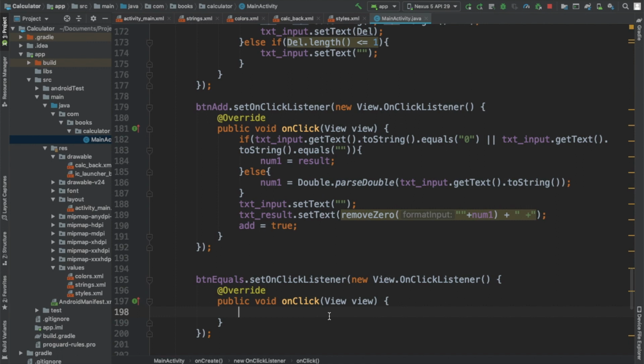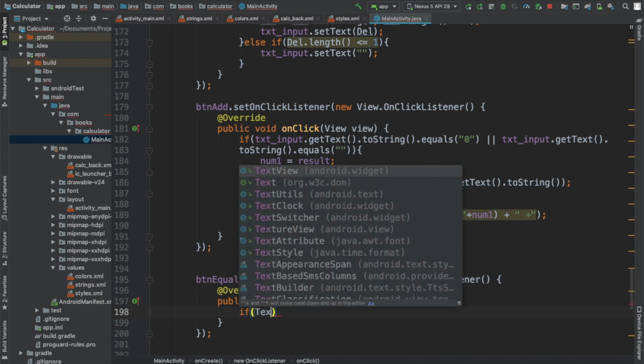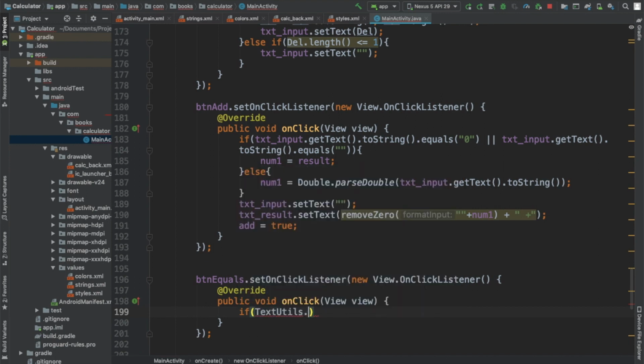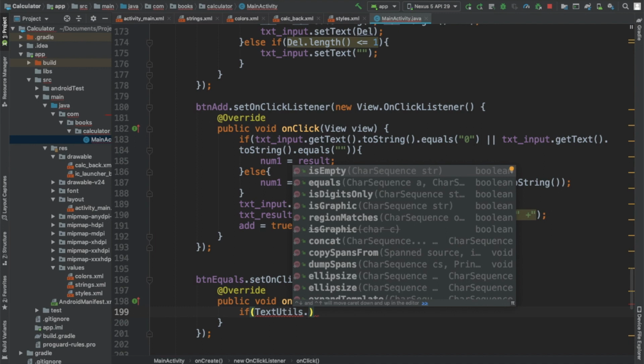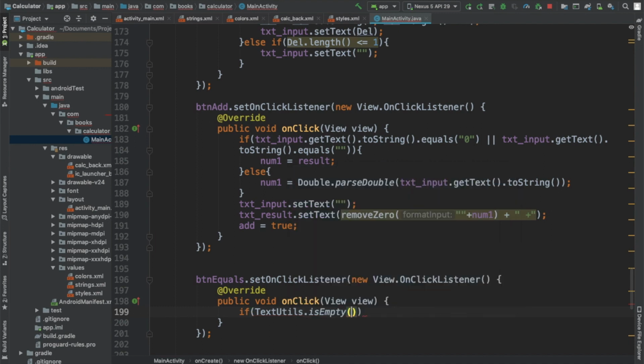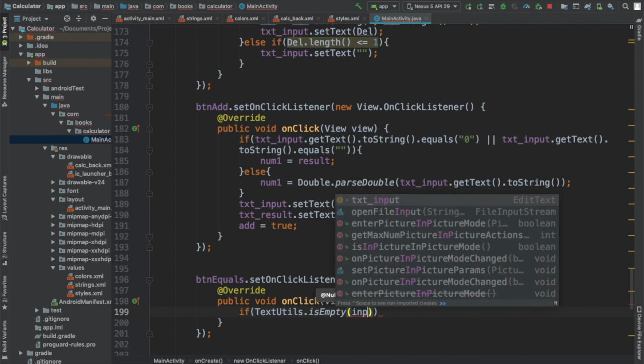So we can say if text details dot is empty,